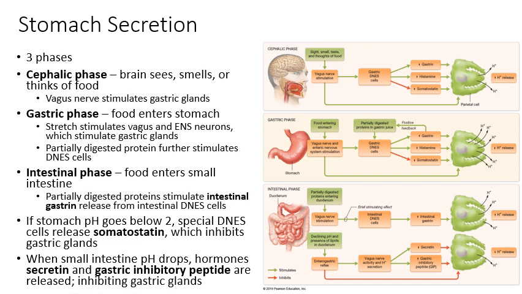So it's important to have the release of stomach acid stop once the small intestine pH drops, because the small intestine doesn't have super thick mucus like what the stomach has. It has more like normal mucus coating it. So that's not going to be strong enough to protect the walls of the small intestine from damage from stomach